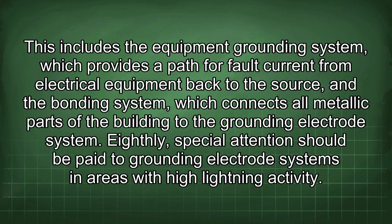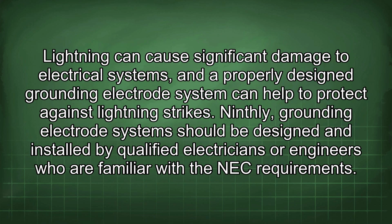Eighthly, special attention should be paid to grounding electrode systems in areas with high lightning activity. Lightning can cause significant damage to electrical systems, and a properly designed grounding electrode system can help to protect against lightning strikes. Ninthly, grounding electrode systems should be designed and installed by qualified electricians or engineers who are familiar with